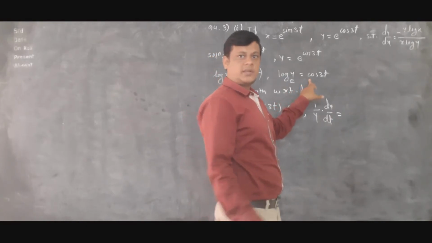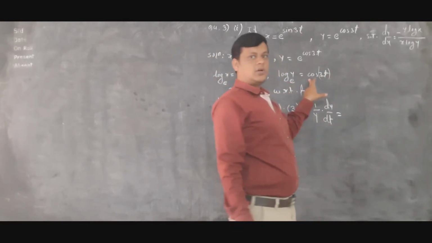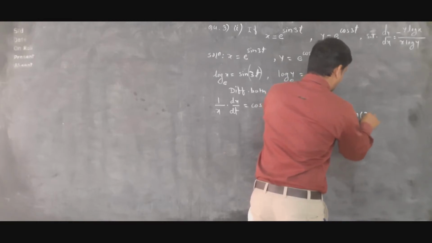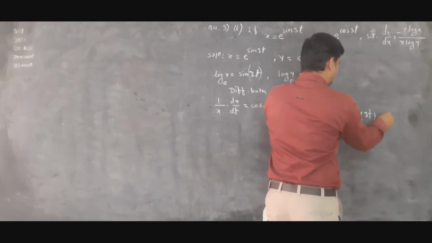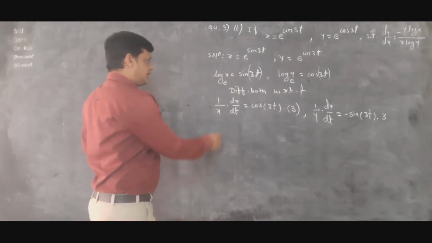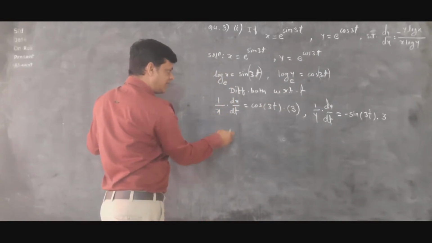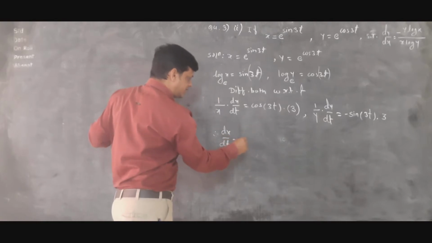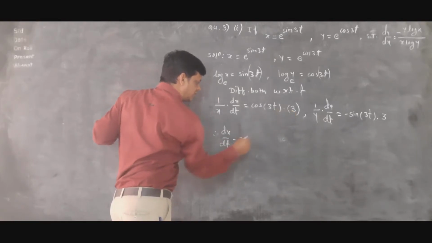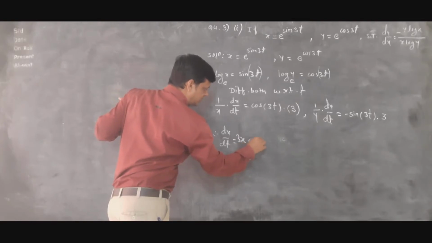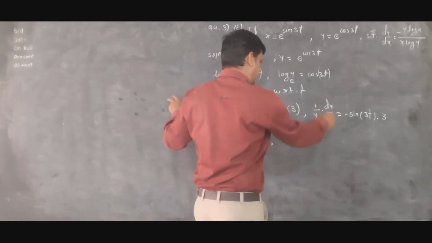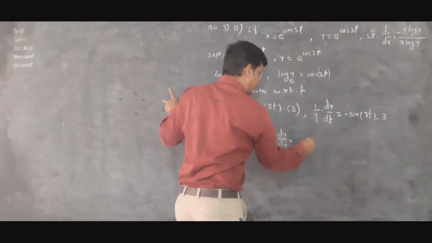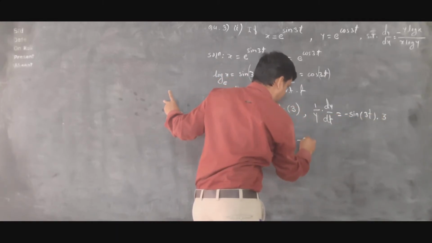Then the derivative of cos 3t. This cos 3t is also a composite function, so we find the derivative of cos, which is minus sin 3t, into the derivative of 3t, which is 3. So from this, dx by dt is equal to, we transfer this x to the right hand side, so we write 3x cos 3t. And for 1 by y dy by dt, dy by dt is equal to, we transfer this y to the right hand side, with this minus sign and this 3, so minus 3 into y